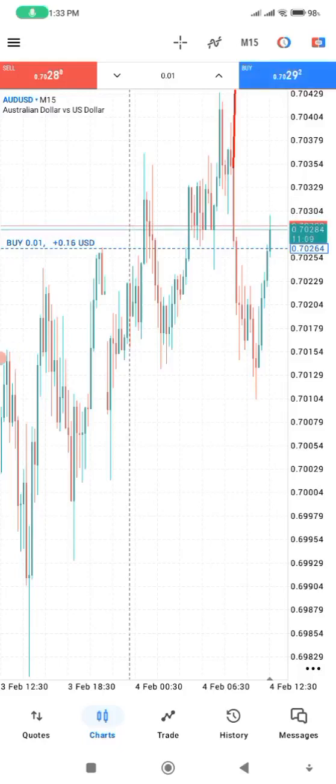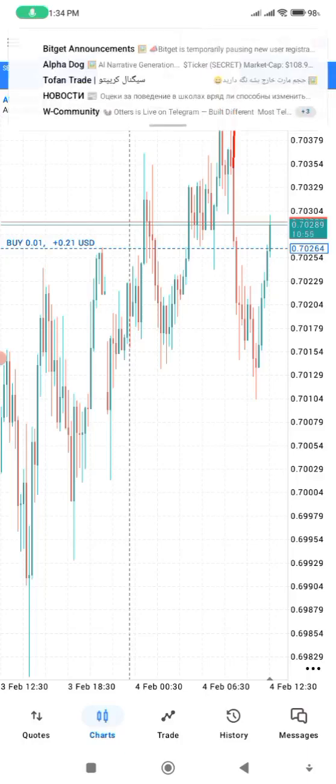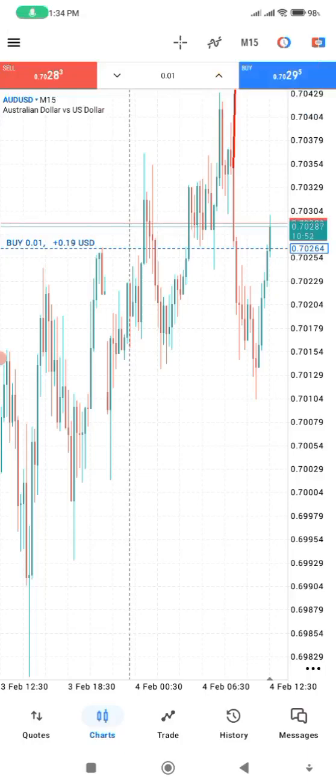Entry and exit with RSI strategy. Are you tired of missing out on profitable trades? What if I told you there is a way to unlock consistent profit using the RSI indicator? Stick around, because in this video I am revealing the secret to perfect entry and exit points with